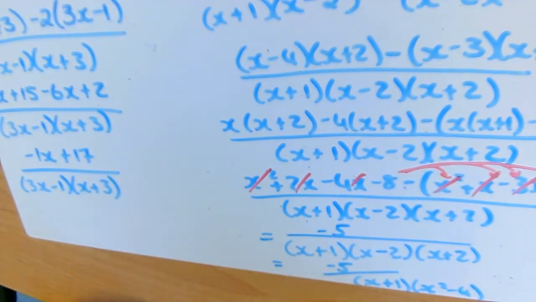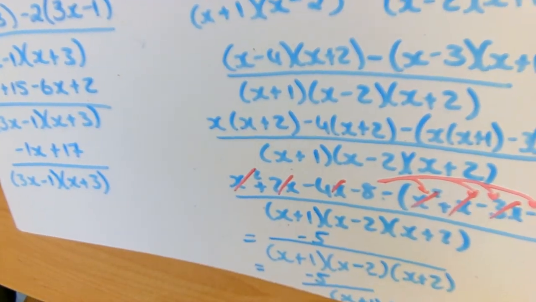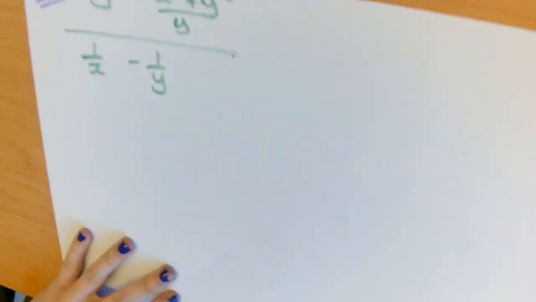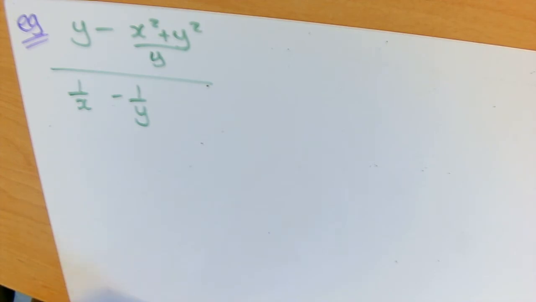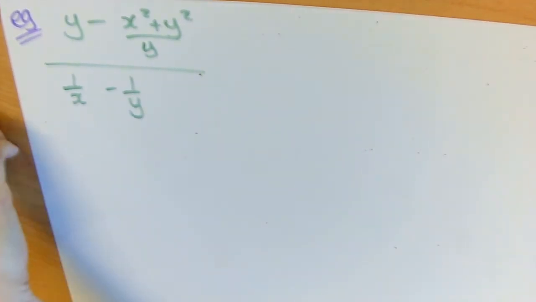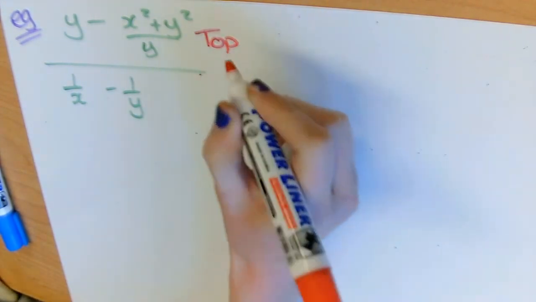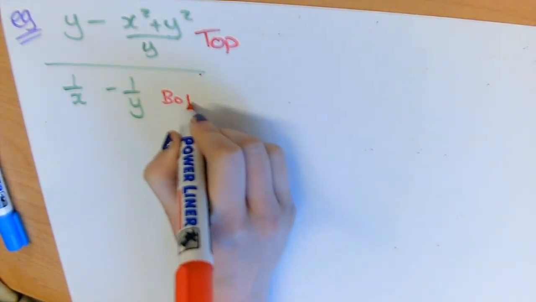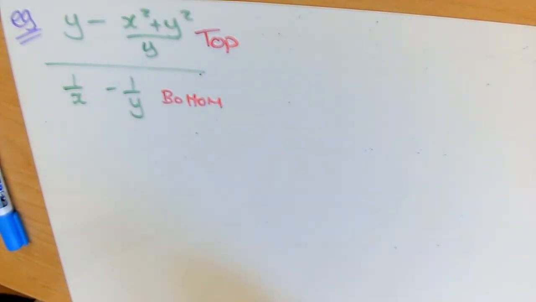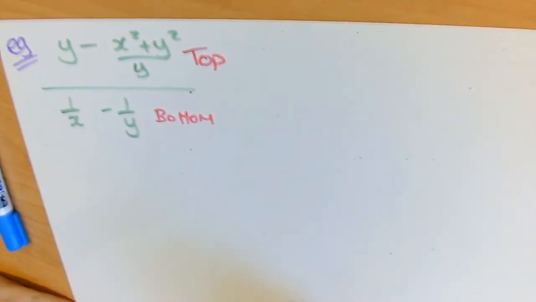Okay? Now, guys, we're going to do one more example, which is where we have one of the more complicated looking fractions, but it's actually quite straightforward. Now, the way I do these sums, guys, to simplify, I look at them as two separate ones. I look at them as the top and I look at them as the bottom. Okay? So if I look at the top first of all,